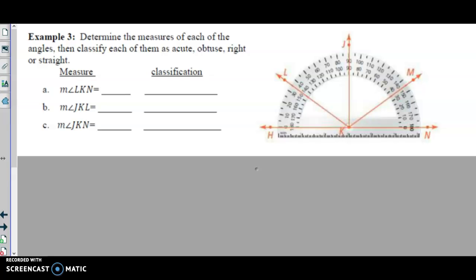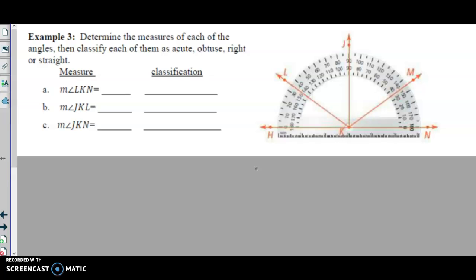Alright, lesson 1-4, part 2. So to measure an angle, we have to use a tool called a protractor. And if you were in the classroom, I would hand each of you a protractor and have a picture of an angle on a piece of paper, and you would be able to measure it. But since we don't have that option,